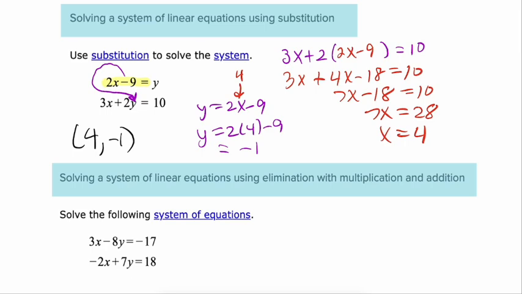Do we have any questions about our substitution example? Okay. Now, when